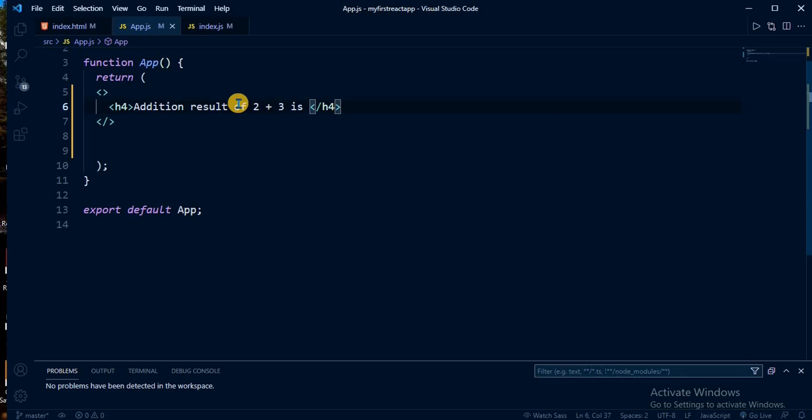Now if I want to add two numbers, we have to write it inside these braces. So we include this expression in the braces, and we expect the web page to display: addition result of 2 and 3 is 5.